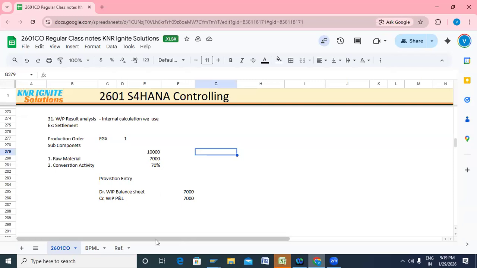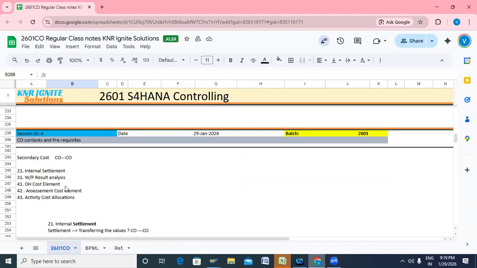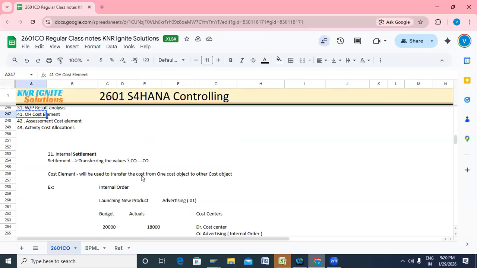Any questions in these two categories, internal settlement and WIP? This is just a concept of how we are creating the GLs, and what the purpose is. Any questions? If no, because these are little deep concepts, but everything will be covered. Now I'm just giving an overview to understand the main core areas where exactly you need to learn. Okay, so the next one,